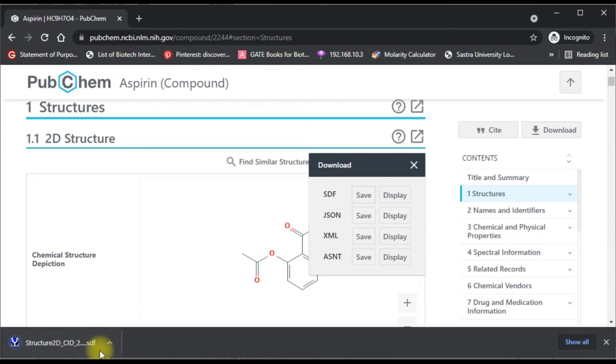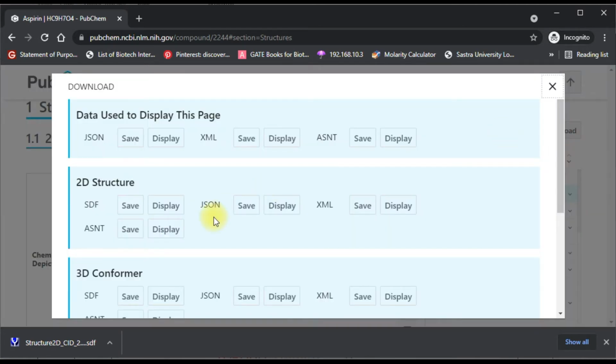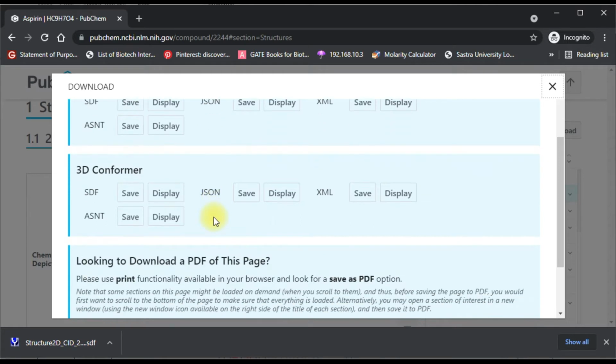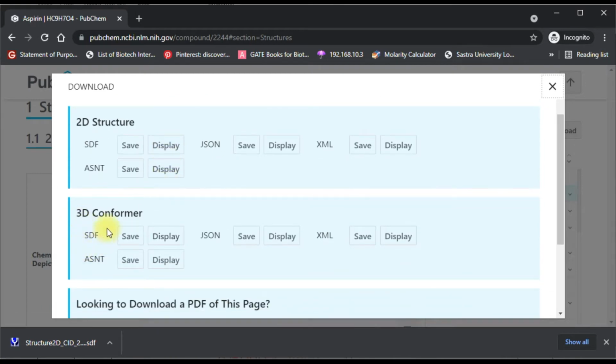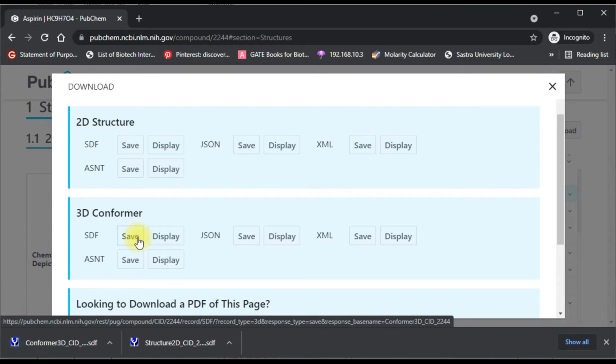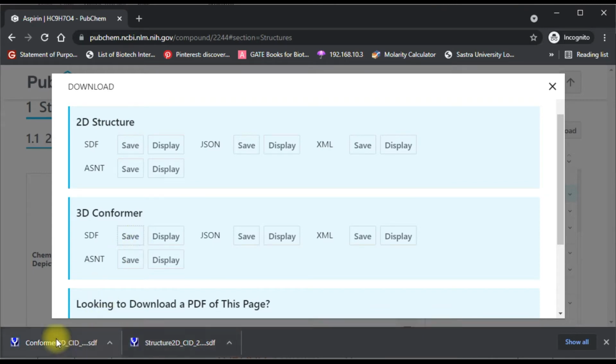So the compound 2D structure has been downloaded, or else you can download it from here also. Click download. I have already downloaded the 2D conformer. For 3D I'll show how to download. 3D conformer, SDF, save. So both 2D and 3D conformers have been downloaded.